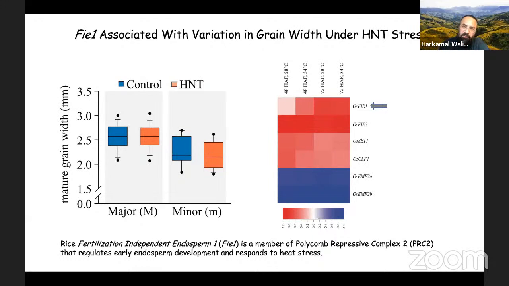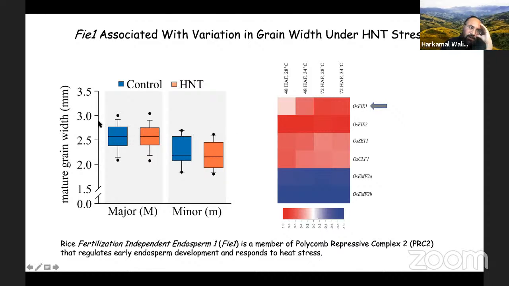So what we found was there are several members of the PRC complex that are shown here. And what we had from earlier work in my lab, long before this project started, had shown that this was the only gene at the transcript level that was responsive to heat stress. So it's induced early by heat stress. That's why it was interesting for us, plus the fact that it was an HNT